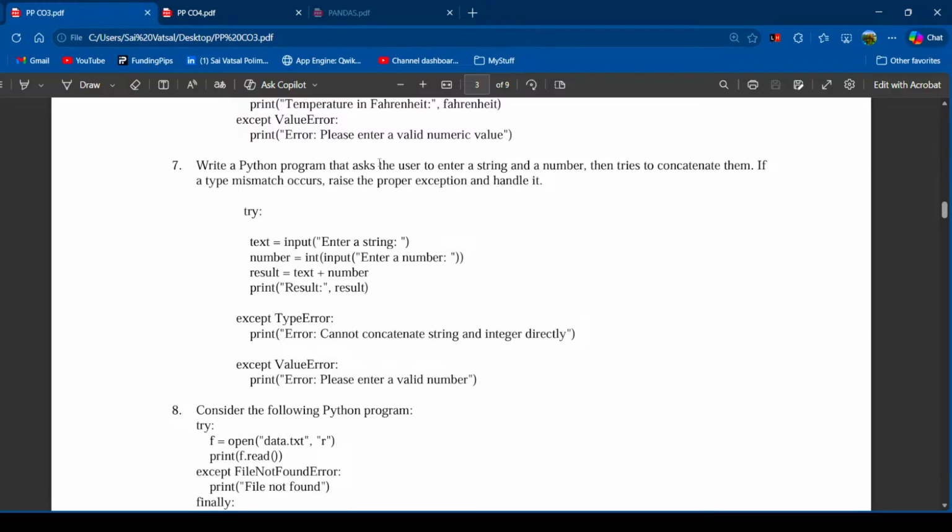So write a program that asks the user to enter a string and a number and tries to add both of them to